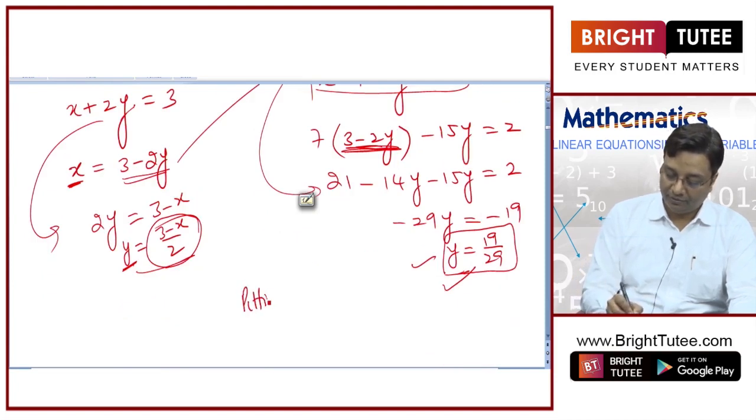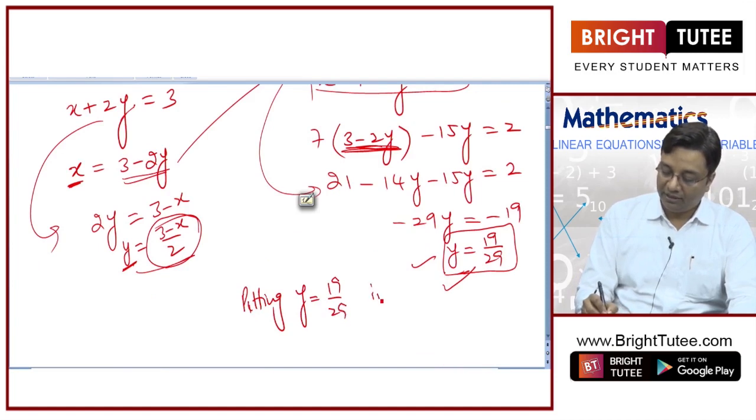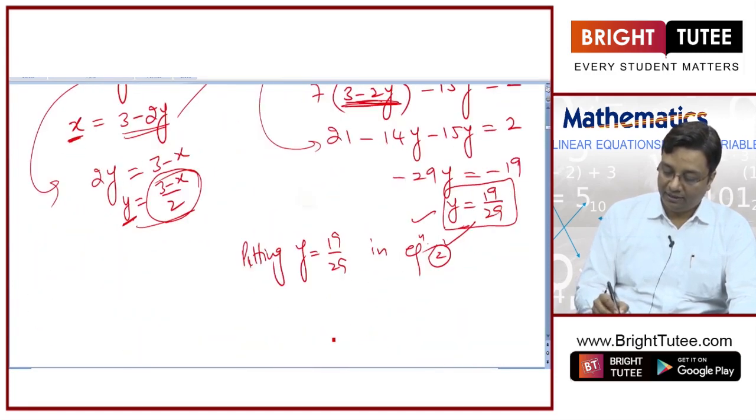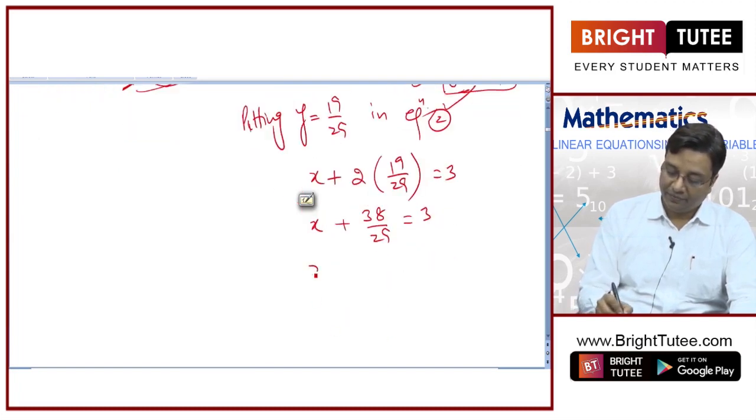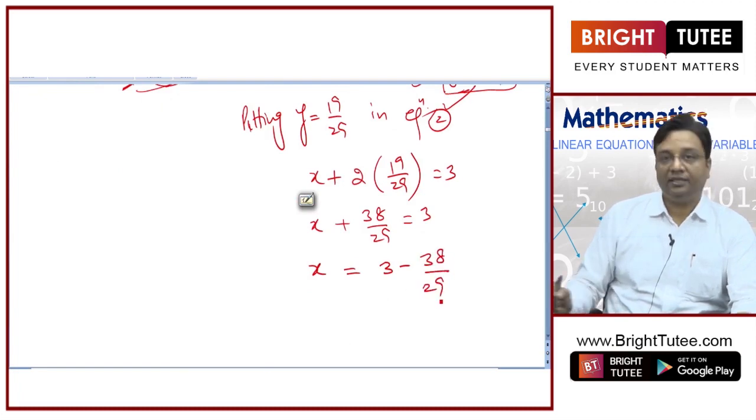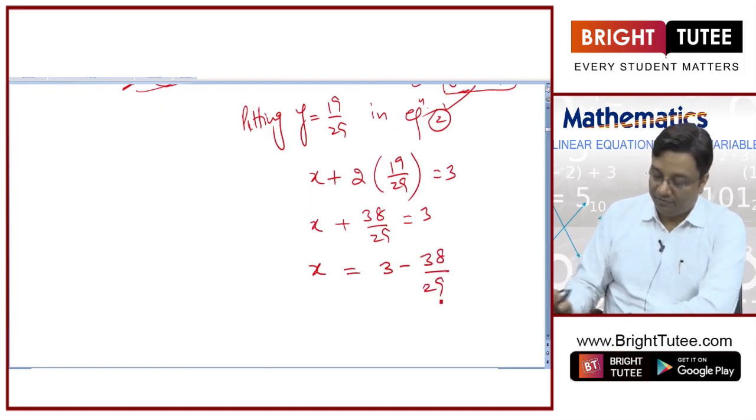Putting y equal to 19 by 29 in equation 2, x plus 2 into 19 by 29 is equal to 3. So x plus 38 by 29 is equal to 3. So x is equal to 3 minus 38 by 29, okay, which is